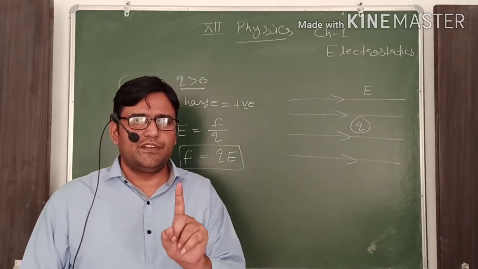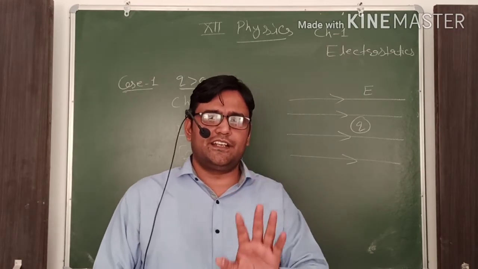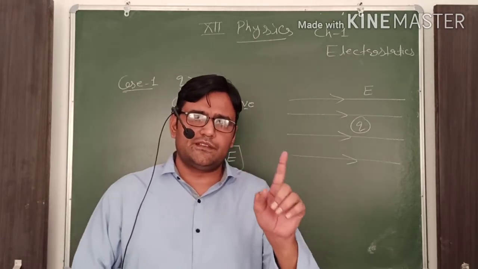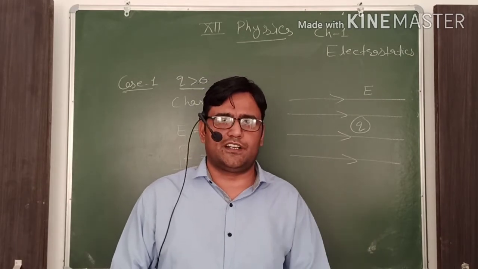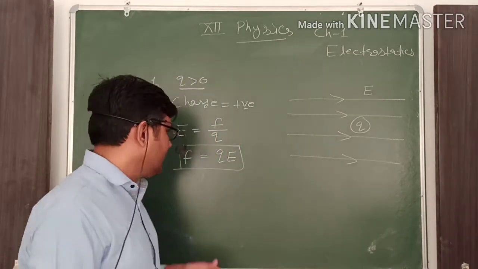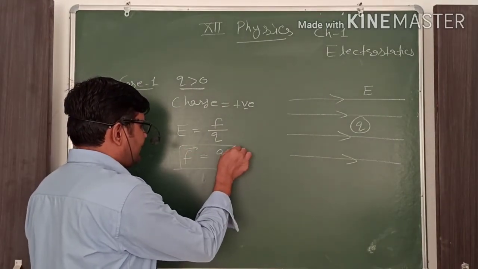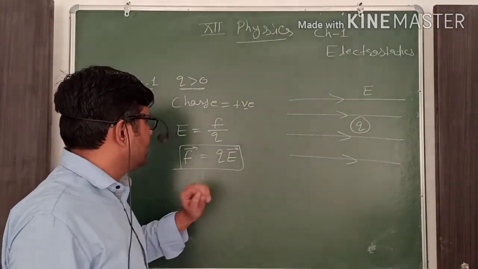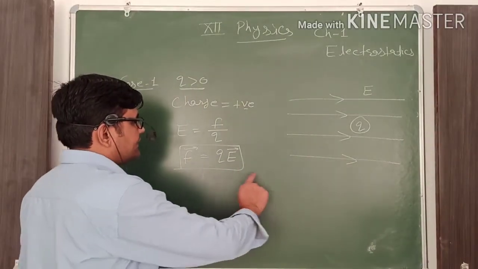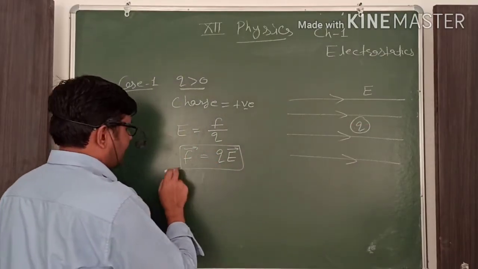Here we are considering only a single charge. It means when a single charge is placed in any electric field, it feels a force in terms of attraction and repulsion due to the effect of the source charge, and the quantitative value of this force is defined as F equals Q into E. It is also a vector quantity. Here we are considering the force on the positive charge, that's why it is plus Q.